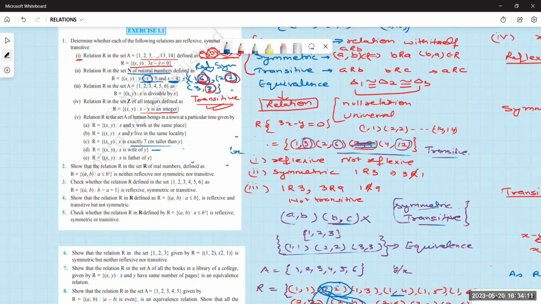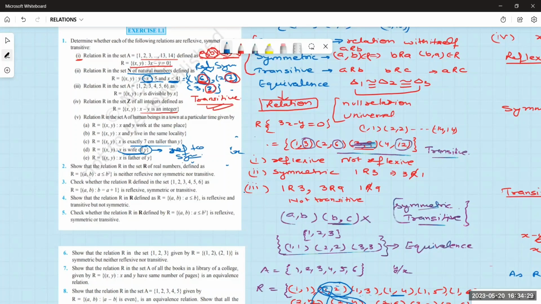अगला देखो, X is wife of Y। X अपनी wife हो सकता है? X is a wife of X हो सकता है? नहीं। तो reflexive नहीं है, ठीक है? Symmetric, X, Y की wife है तो Y तो X की wife हो नहीं सकता ना, क्योंकि वो male हो गया। तो symmetric भी नहीं है।